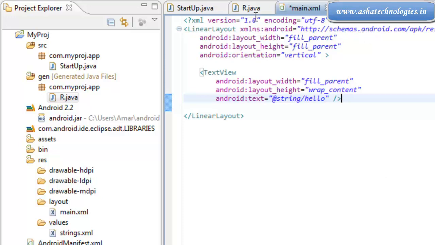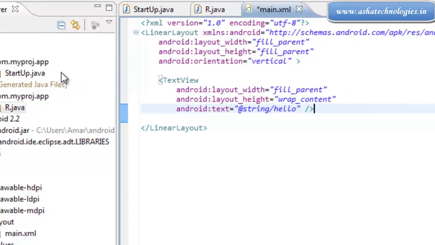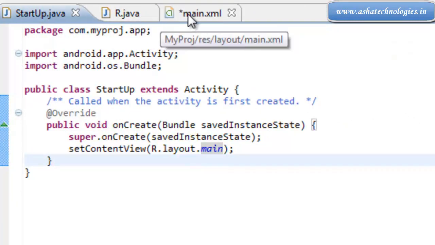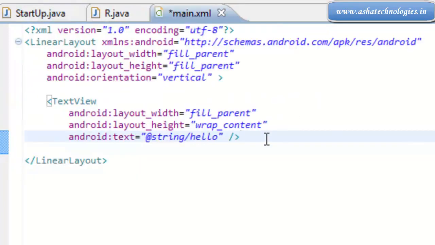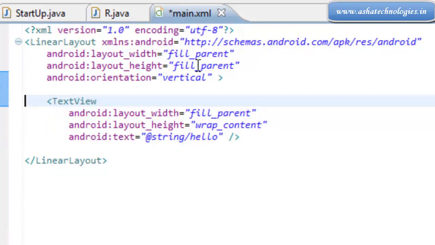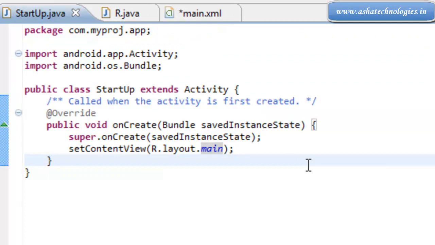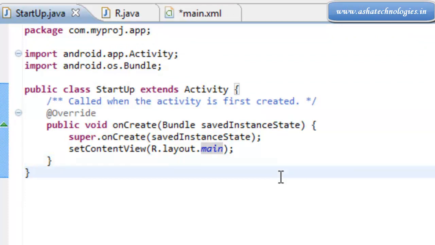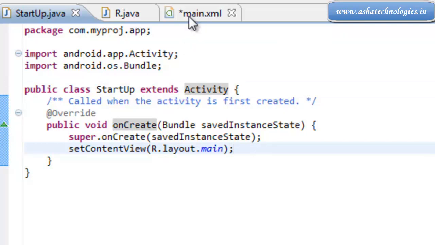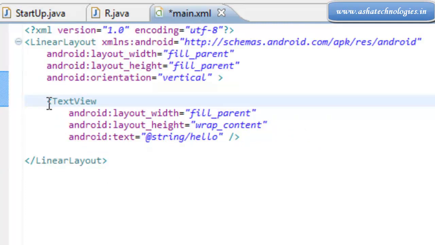This clearly separates the application logic from the presentation. The presentation is the view created in XML files, and using the Java files we can control those views and find them using the findViewById method of the activity. That's the advantage of XML files. These XML files will have several controls like TextView and more.